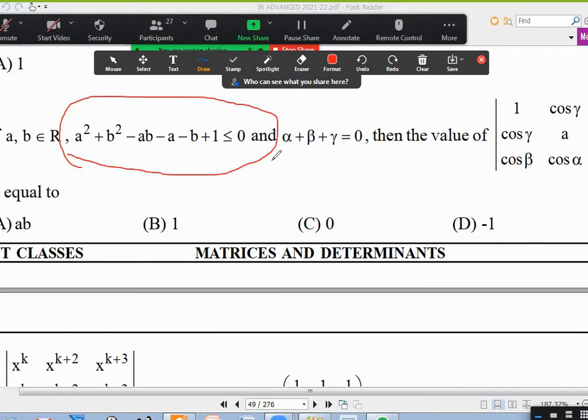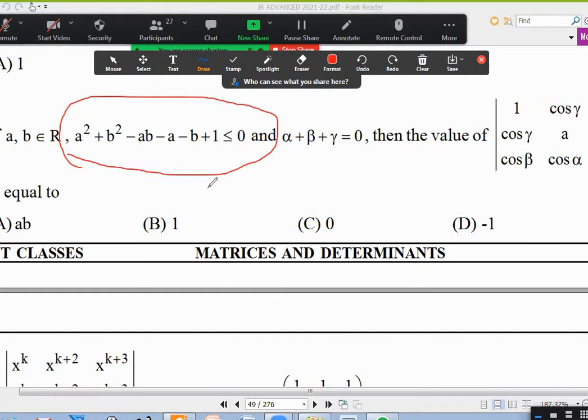One more thing I should have told before. In mains material, I carefully removed all the questions which involve other chapters. But in advanced material, somehow we did not remove some of the questions. Earlier we were teaching trigonometry first and then determinants later, so a lot of places trigonometry can be used. Like that here also, a little bit of trigonometry is required because alpha plus beta plus gamma equal to 0. How do we use it? But apart from that,